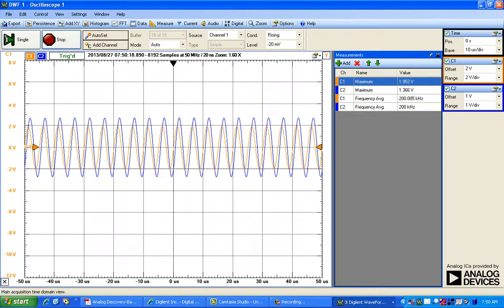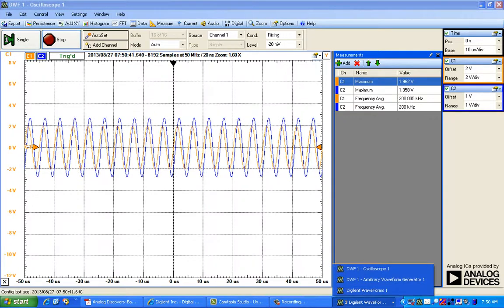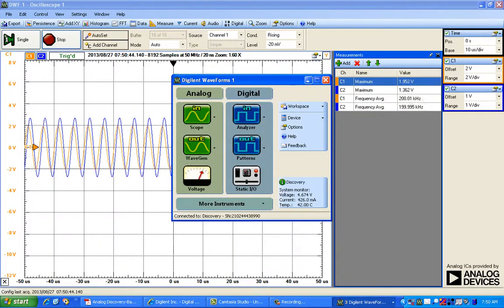But in WaveForms software along with the Analog Discovery kit, you get to draw the Bode plot of your frequency response quickly and without much hassle. That is the uniqueness of your Analog Discovery kit along with Digilent WaveForms software. So now let us go back to our WaveForms software window, click upon more instruments and click upon the option network analyzer.